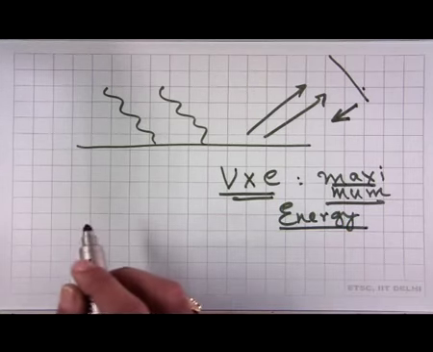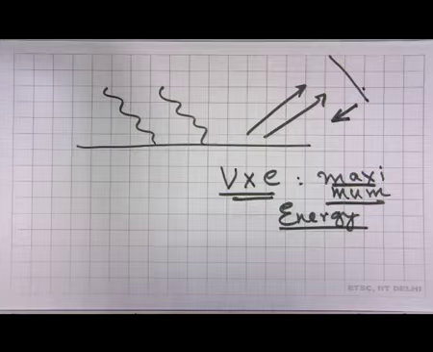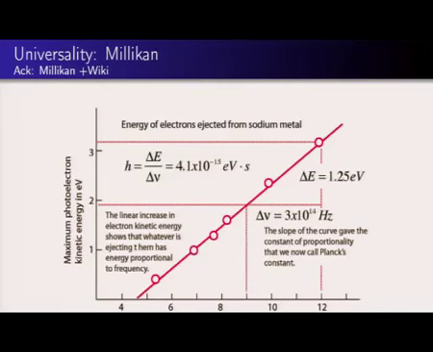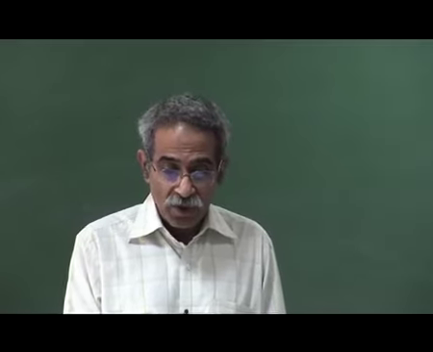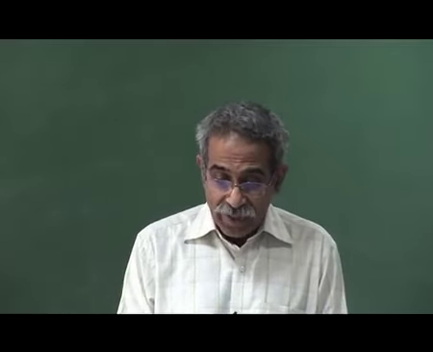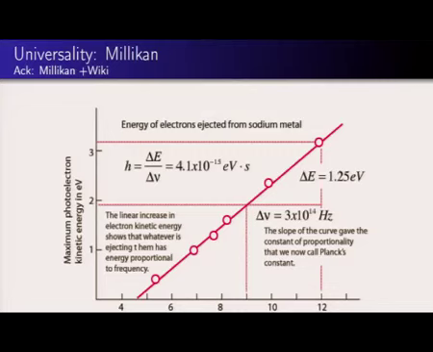What you do is you keep on changing the frequency of the radiation. So let us come back to this figure. We keep on changing the energy of this radiation and ask, how does the maximum kinetic energy of the electron change along the y-axis? And the maximum kinetic energy is simply nothing but the stopping potential. The stopping potential is the minimum potential that is required to stop all the electrons. So when you plot them, this graph clearly shows that you are going to get a straight line, and the slope, delta E by delta nu, has the dimension of energy into time or angular momentum. That is a universal constant.